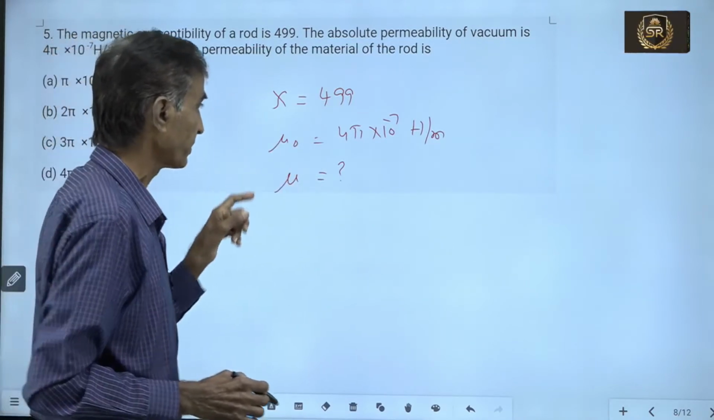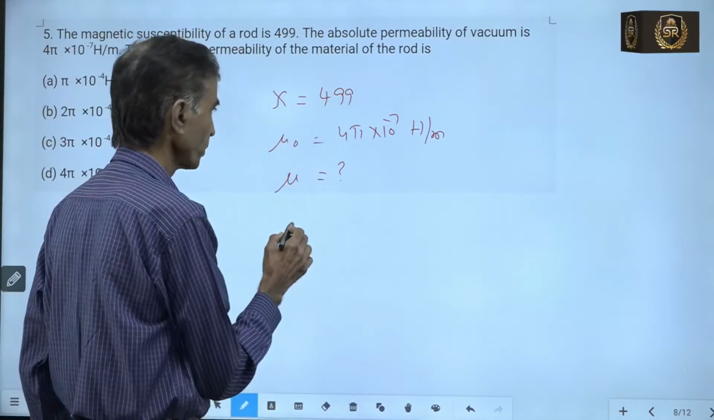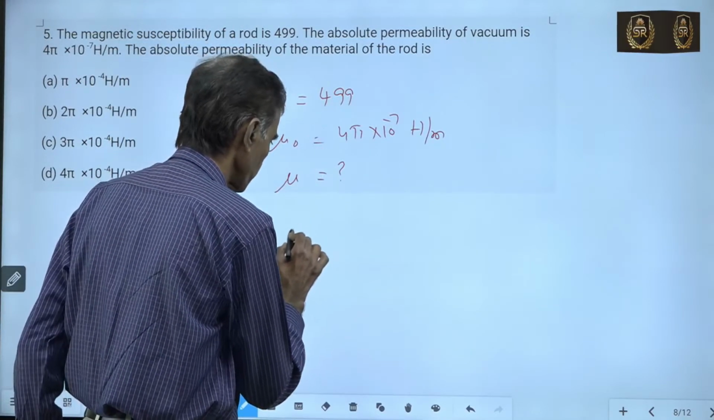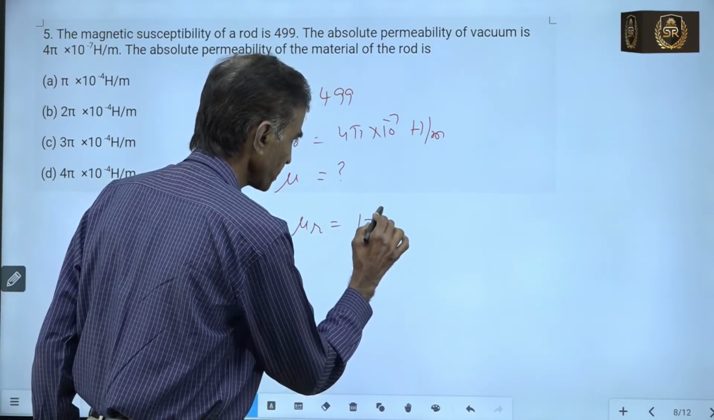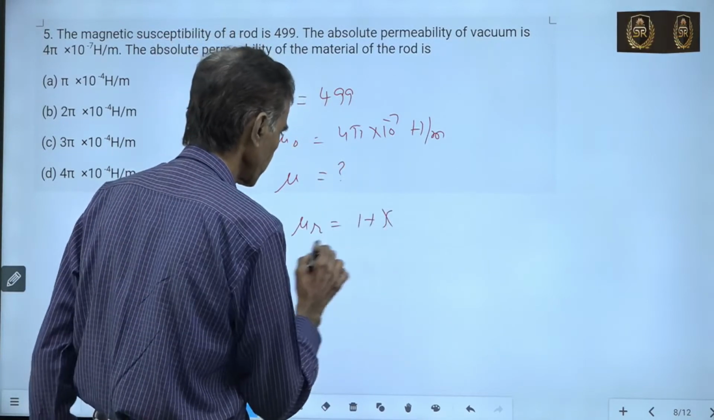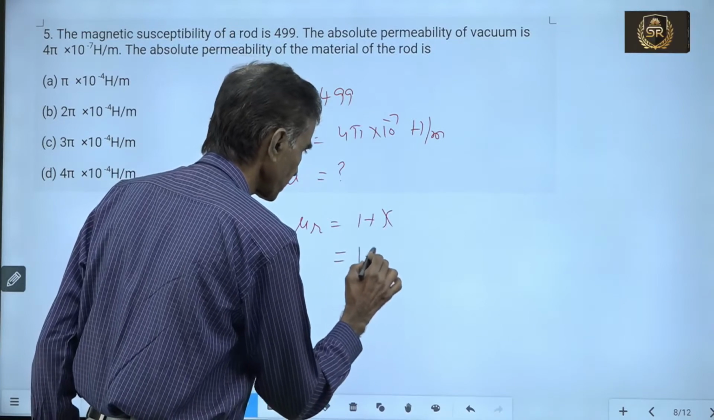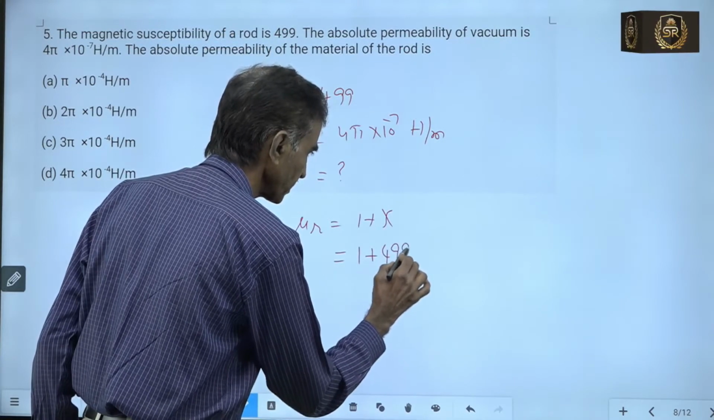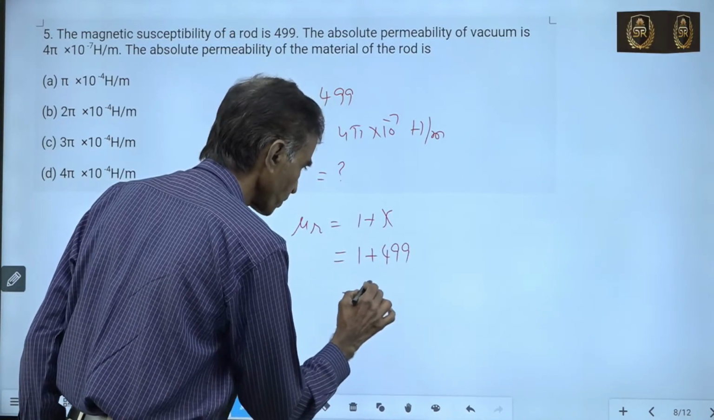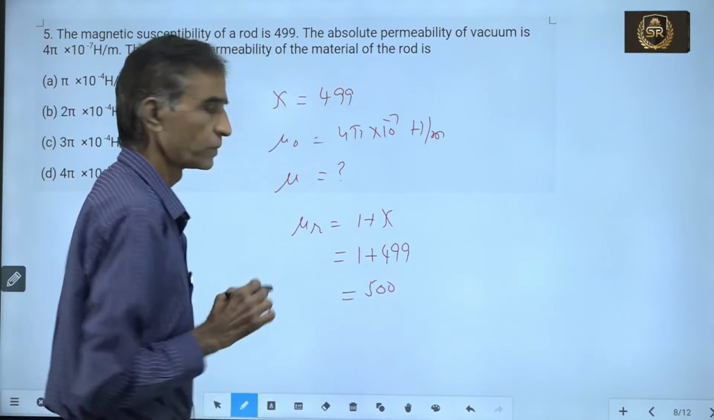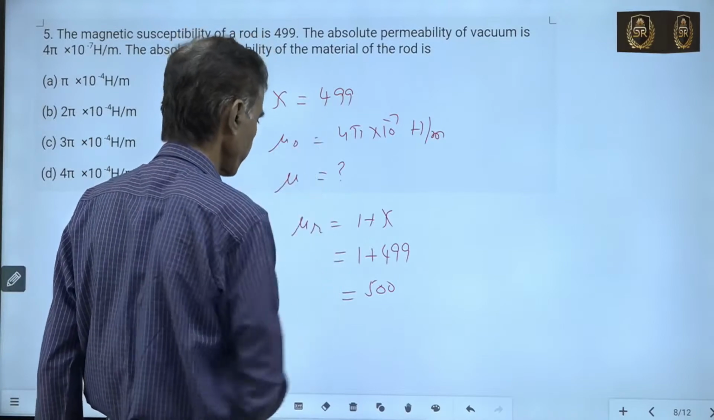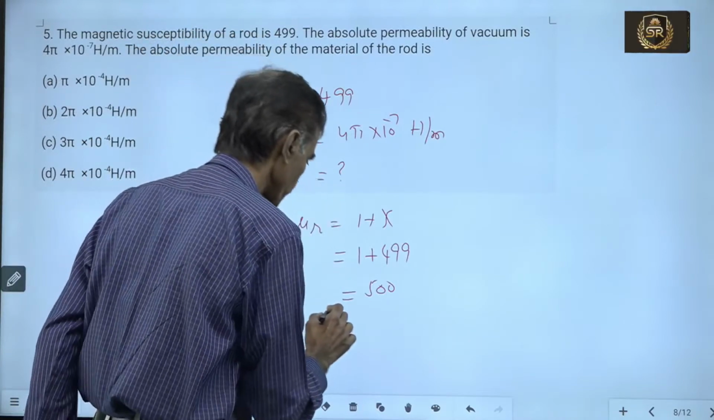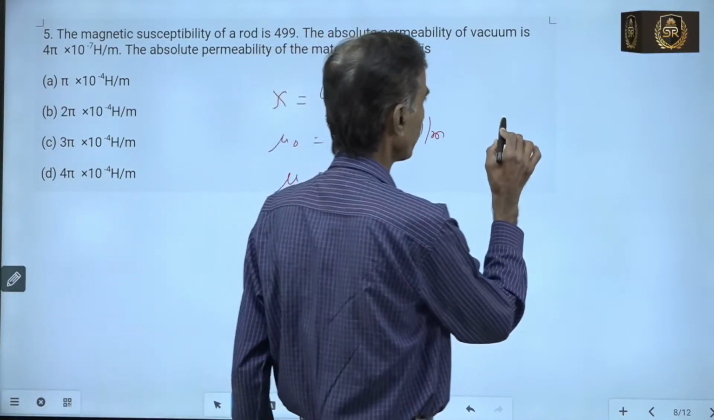For that, Xi is given. So from that we know mu r equals 1 plus Xi, right. So 1 plus 499, which is equal to 500. So mu r equals 500. Once we know mu r, we can find mu. Therefore, mu is equal to